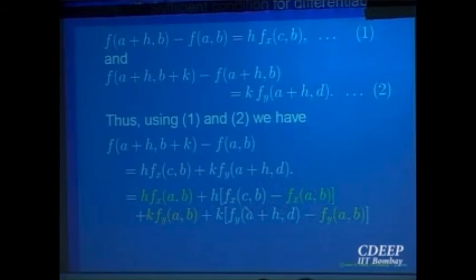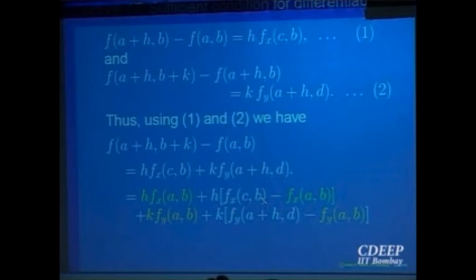But now, where is the point c? That is between a and a plus h. And now remember, we had not used the condition that f_x is continuous anywhere. Here is the place where we are going to use that the partial derivative is continuous. So it is f_x at a point c, c is between a and a plus h, and f_x is continuous. So as h goes to 0, that point c gets squeezed between a and a plus h. So this limit exists, and h times that thing that exists goes to 0.